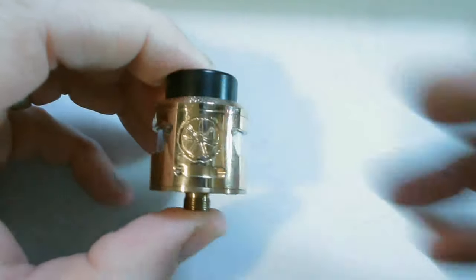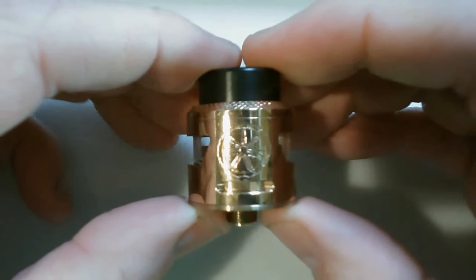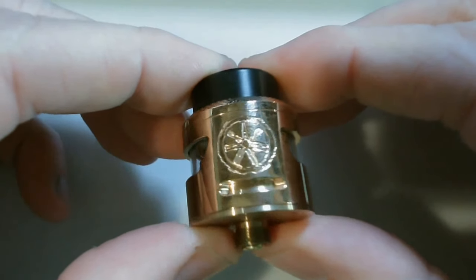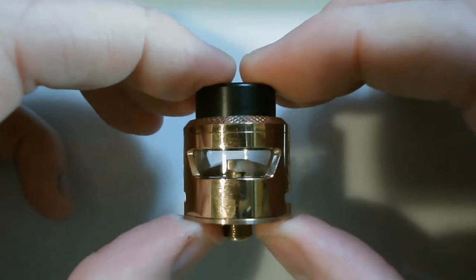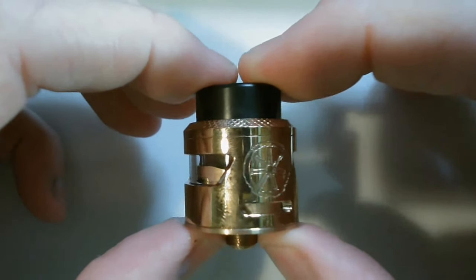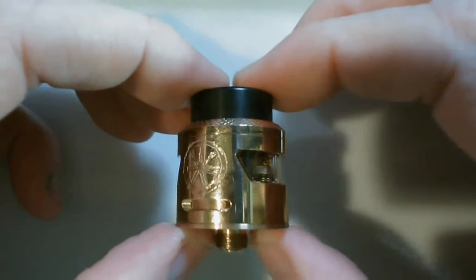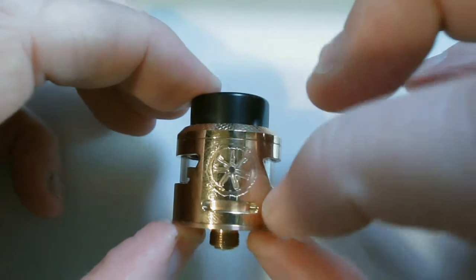Here we go. And here is a look at the actual RDA. So this is the Asmodus. Whoops. Let me focus this in just a touch. There we go. A little better. Asmodus Bunker RDA. A nice close-up personal look at it here. It's actually not a bad looking RDA. Got the Asmodus logo on there. Your two windows on either side. Those airflow, your